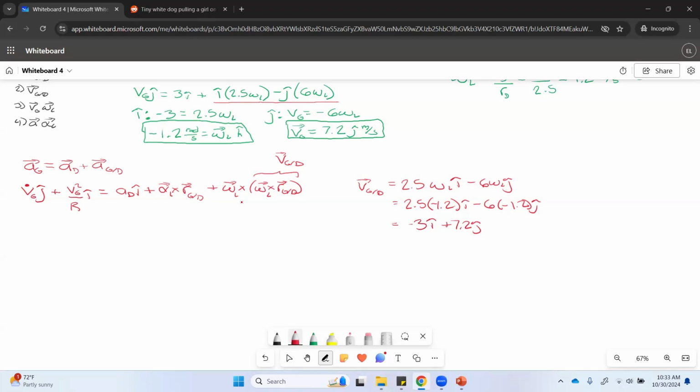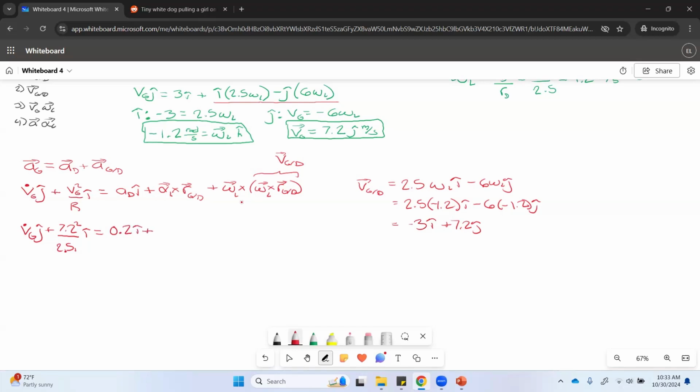So VG dot in the J hat, we don't know what VG dot is, so we'll need to just put it here as a variable. So VG dot in the J hat plus VG squared, which we had VG was 7.2, squared divided by R, which is the radius of the curve, that 2.5 meters. And that's I hat and equals AD, which we were given in the problem as 0.2 I hat